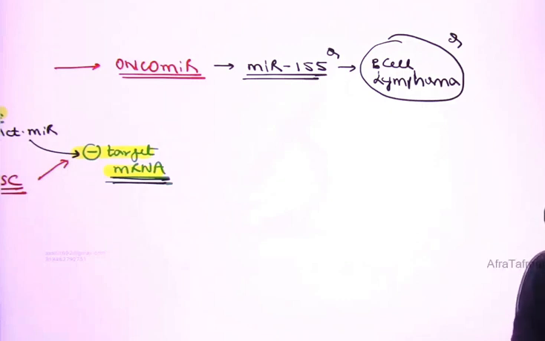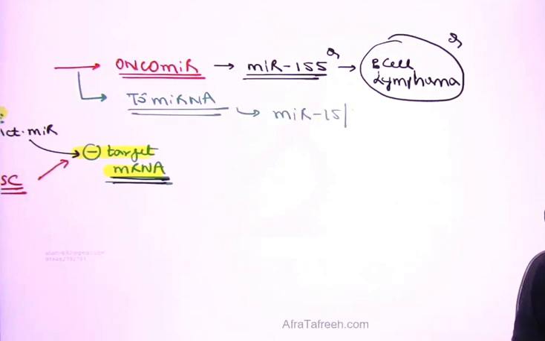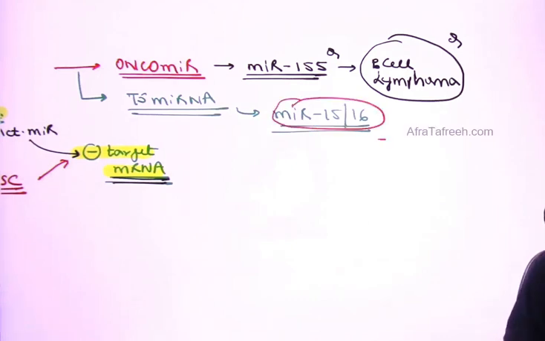Similarly, you can understand that there can be a second category of microRNAs which are given the name of tumor suppressor microRNAs. The best example of the tumor suppressor microRNAs I can share with you happens to be microRNA 15 and microRNA 16. So the name gives you a simple hint. They will reduce the chances of cancer formation. Suppose these MIR 15 and 16 get deleted, chances of cancer will increase. And the example of a cancer which I wanted you to be familiar with is CLL.